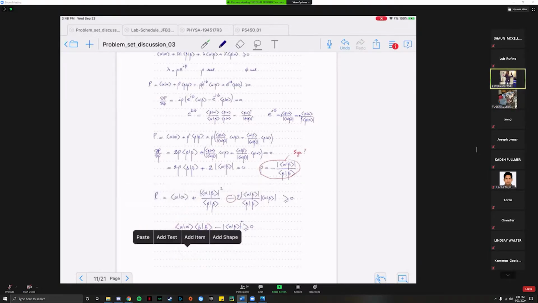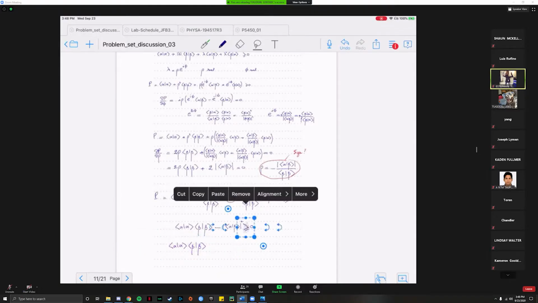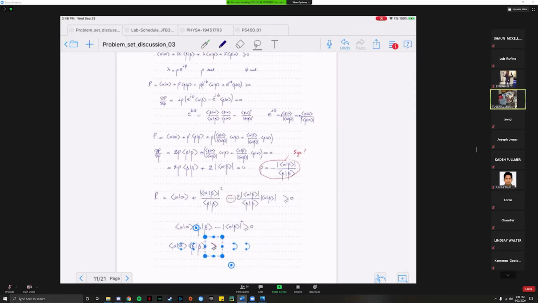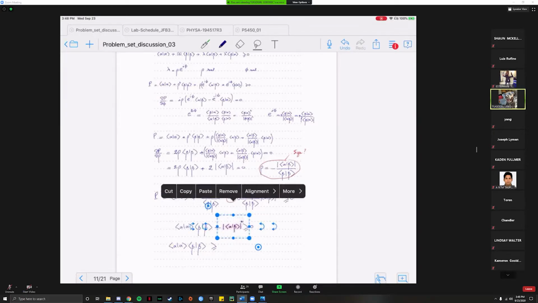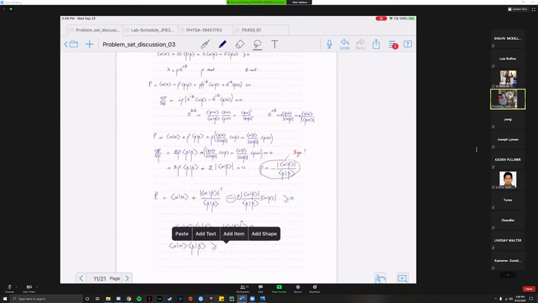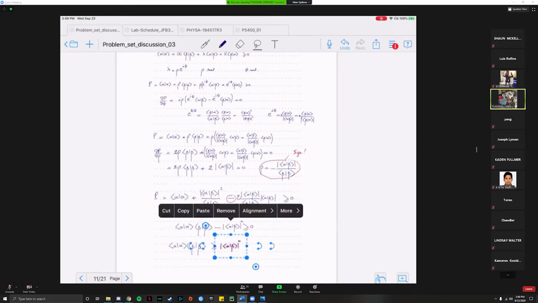Okay, yeah, I can convince myself that that's the case. So we have that. So that's exactly the inequality that we were supposed to